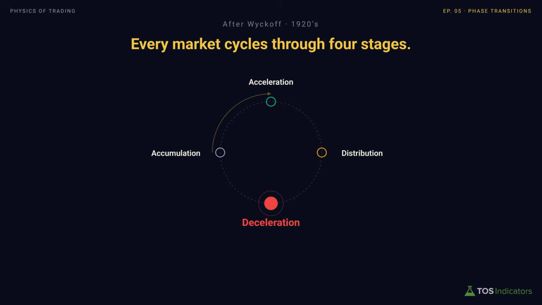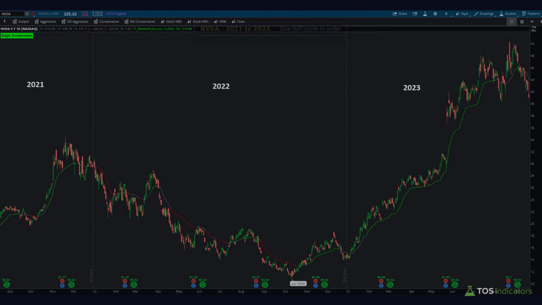Finally, you have the fourth stage, which is deceleration, sometimes also called markdown. Price breaks below the distribution range, the trend reverses, and this time bounces get sold and short positions work. The cycle stays in this range until the selling itself exhausts, and then one more time you get pushed into the accumulation range. So four very distinct stages, and they describe one overall cycle. Every liquid market repeats this structure on nearly every time frame, and you can take advantage of it very simply with something like our Market Pulse tool.